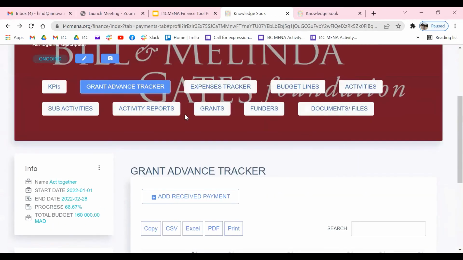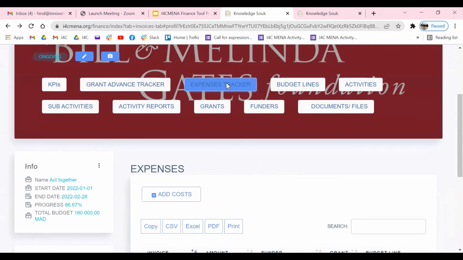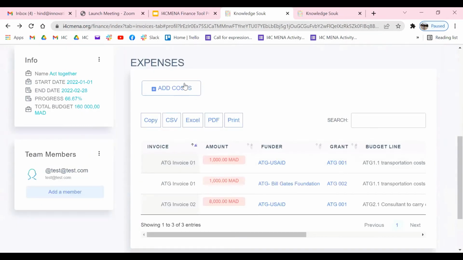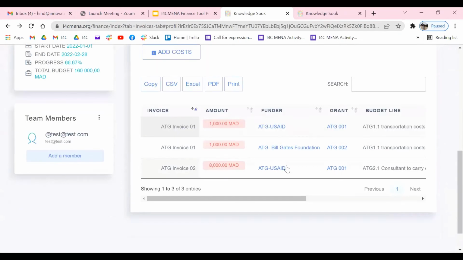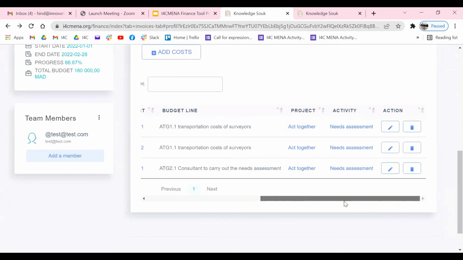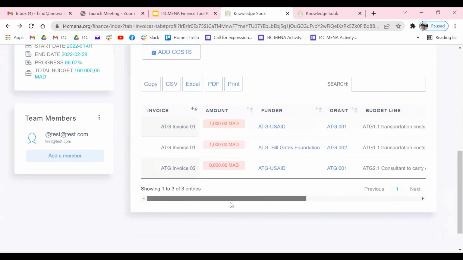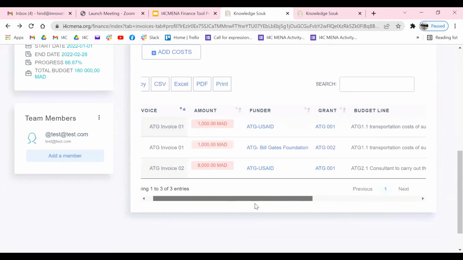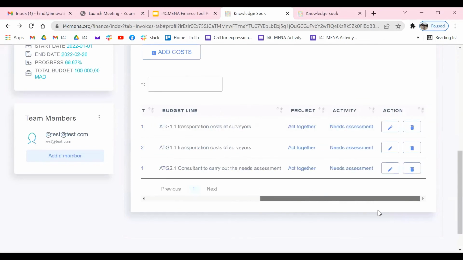So after that, now that we have funds, we can start incurring costs. We can do it just from this function. So here you can add a cost right away from this button. Same thing, we have a summary table of all the costs that are recorded in this tool.